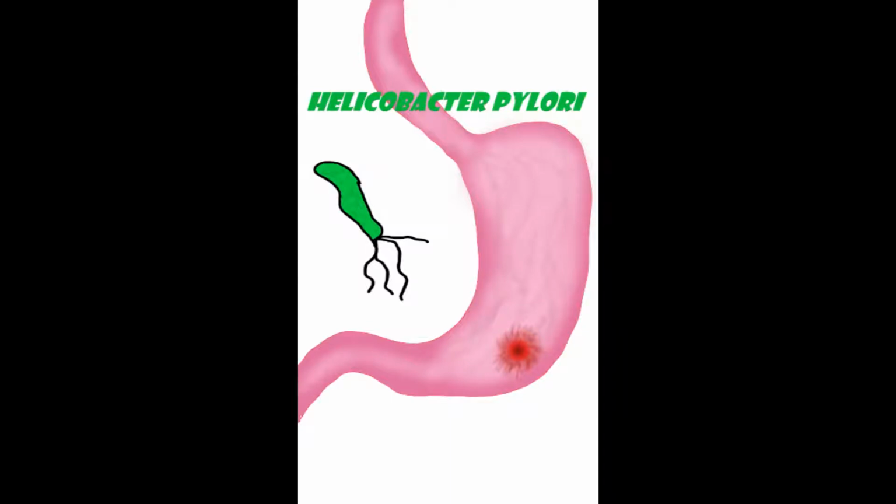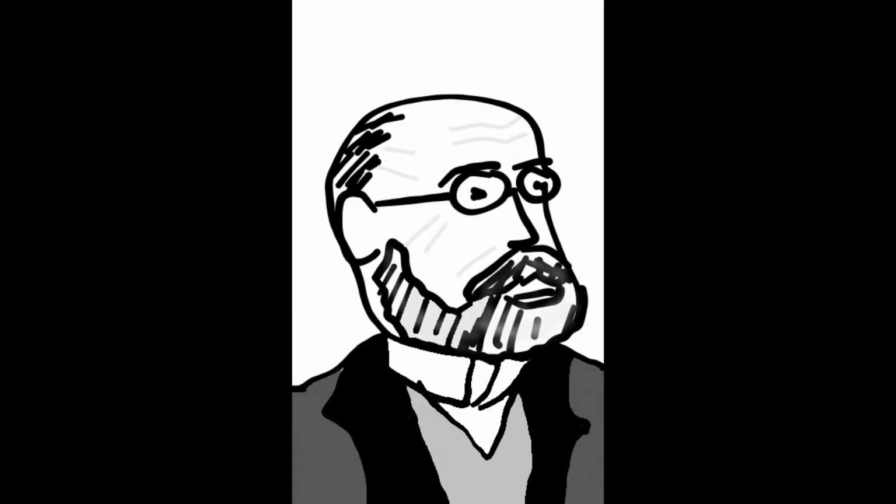Hey everyone, today we're going to be talking about Helicobacter pylori. This is a gram-negative spiral bacterium which is known to cause stomach ulcers. It's a fascinating microorganism which has some pretty intense mechanisms and tools it uses to operate in the acidic environment of the human stomach. While we know it to be the cause of most ulcers today, this discovery has a